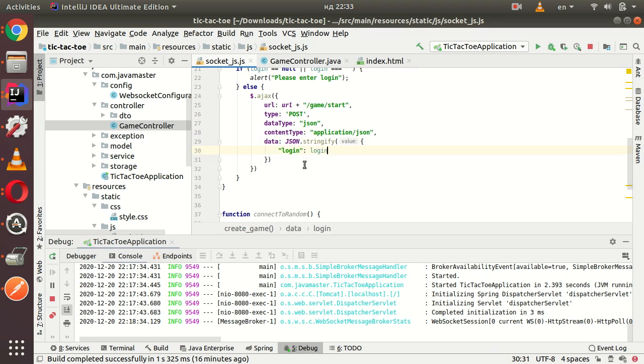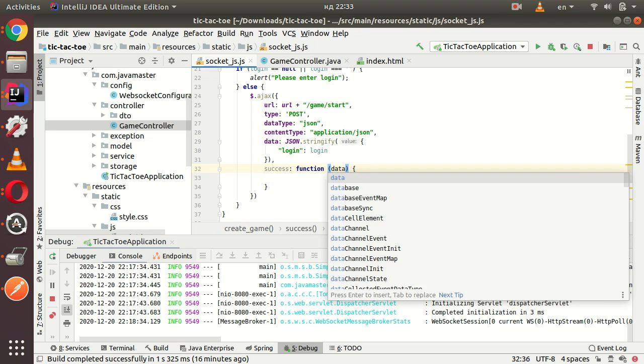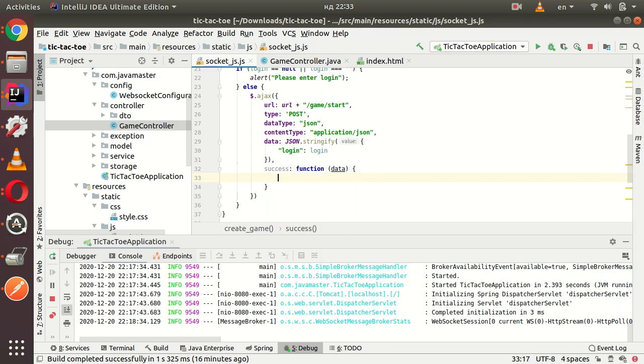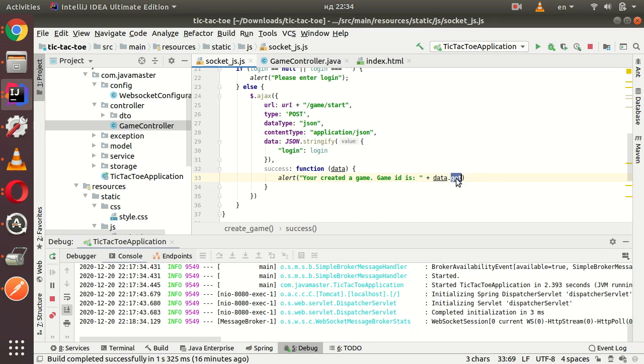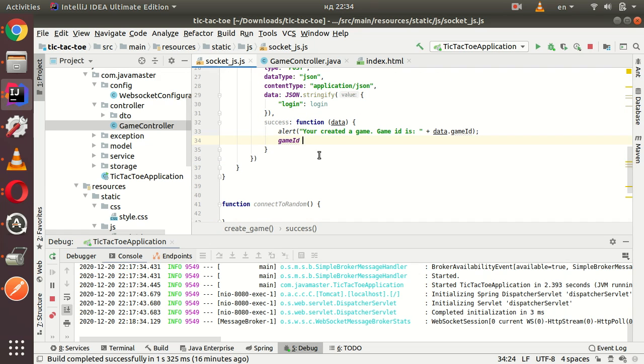And that's it. In case of success, we're going to get those data, and let's make some alert, and let's check response for the create. And yeah, we can get this game ID to alert that user can pass this game ID and play with our user. So we need to make a game ID which we created as global equals data game ID,